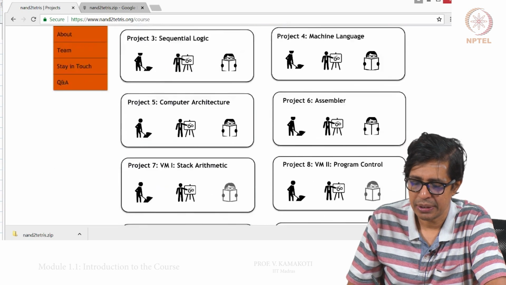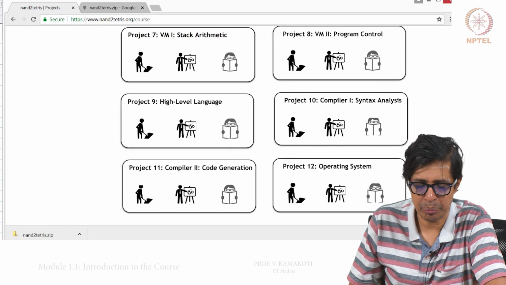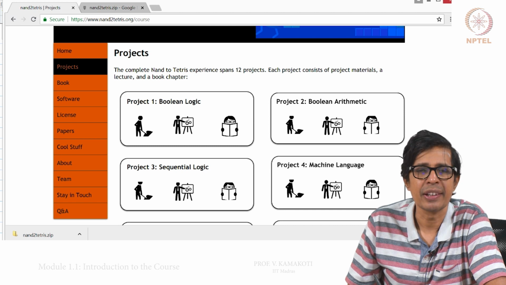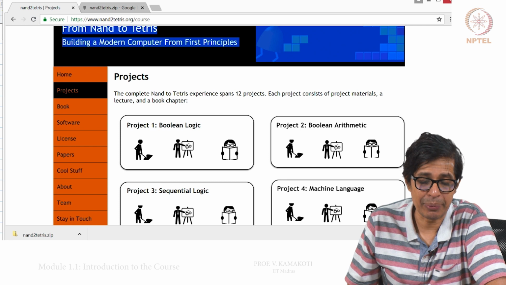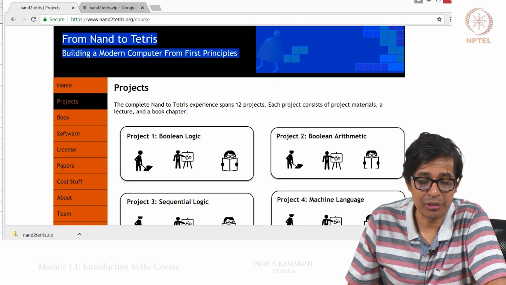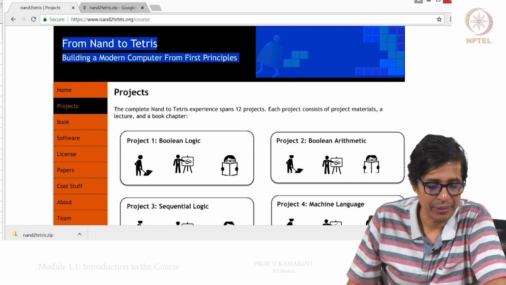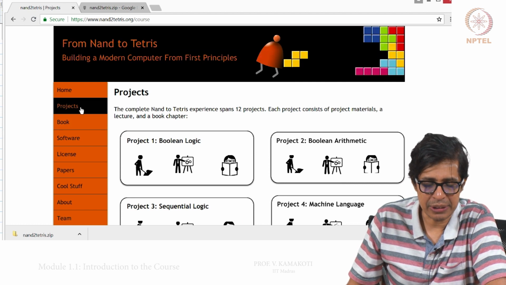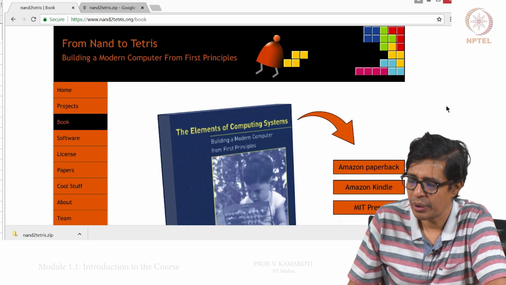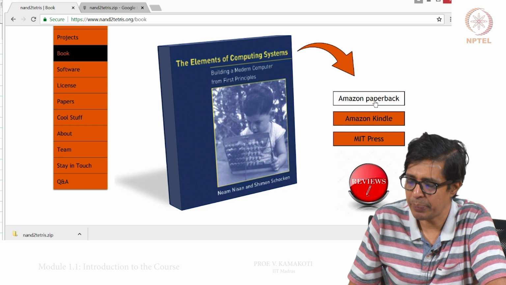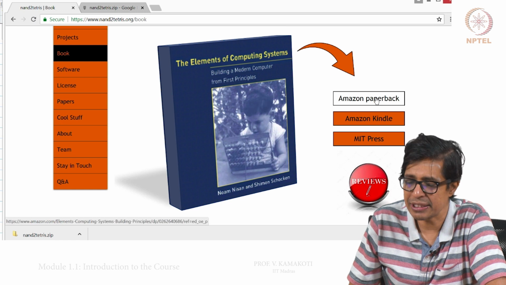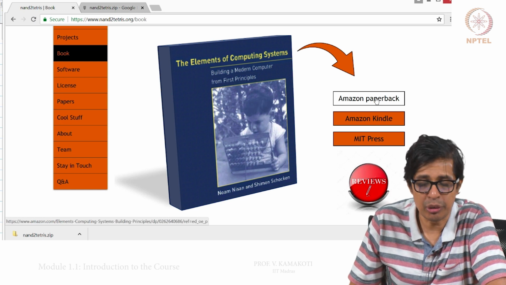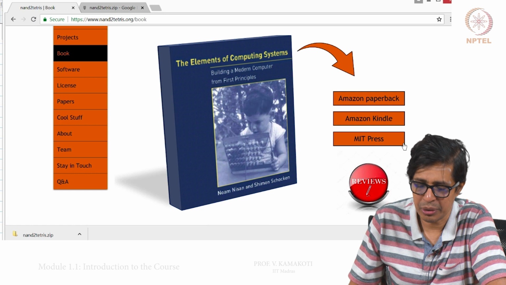These are the 12 different projects, or 12 different steps, involved in building a complete computer from NAND gate so that it is capable of executing the Tetris game. And this is about the book. There is an Amazon paperback, Amazon Kindle and MIT Press books. I strongly suggest that you buy this book because it is very useful.